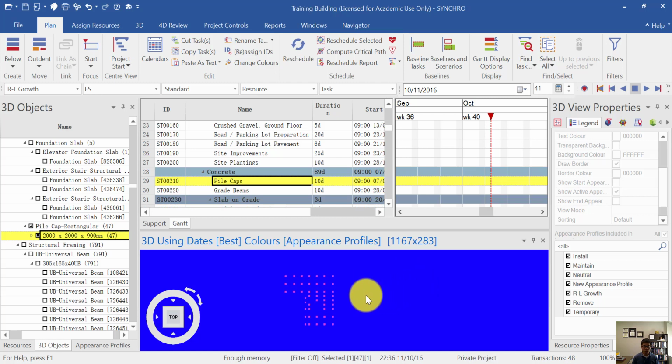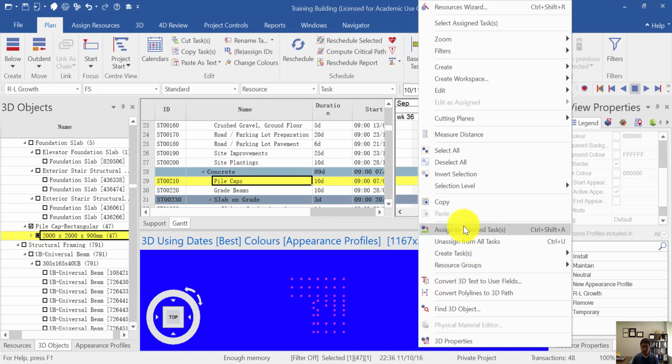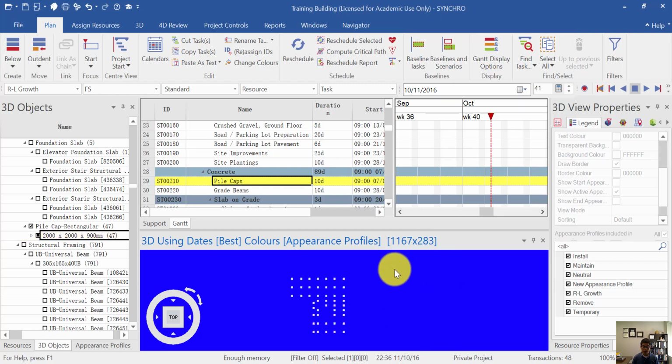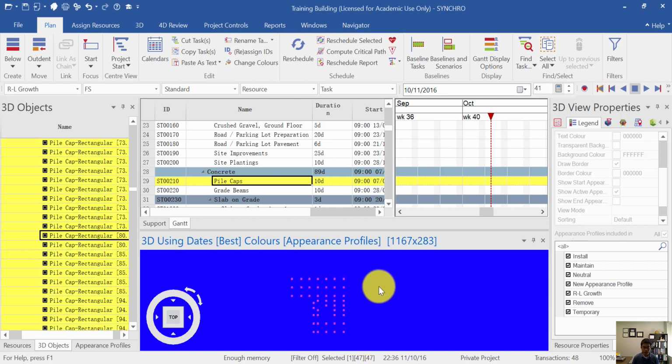Now let's get started on how we can group those objects and assign to the corresponding task and have the effect we really want to have. You can always work with the top view. Let's first deselect all. And now I would like to hold down the Control key and draw a box around the pile caps. Then right click